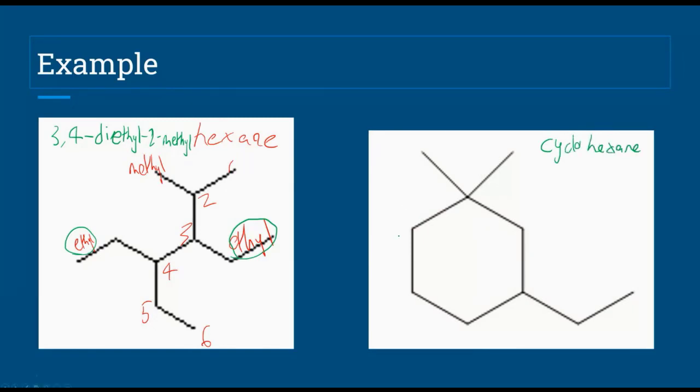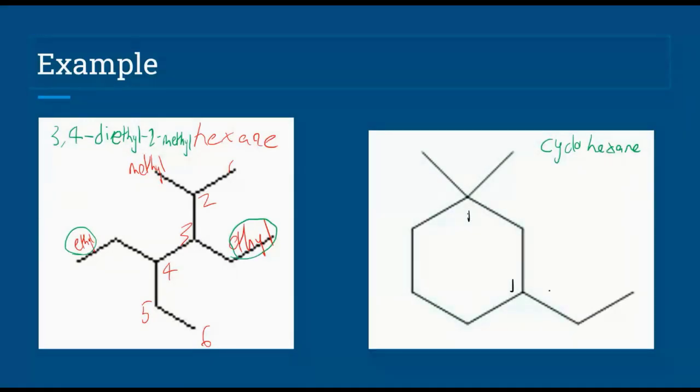We don't really need to worry about counting carbons because there might be a long carbon chain, like if we do 1, 2, 3, 4, 5, like that, but with the ring system, you count your ring as the main source and you number based off that. Symmetrical, you can start anywhere, number 1. So we can pick this to be number 1 or this to be number 1, and we can go in